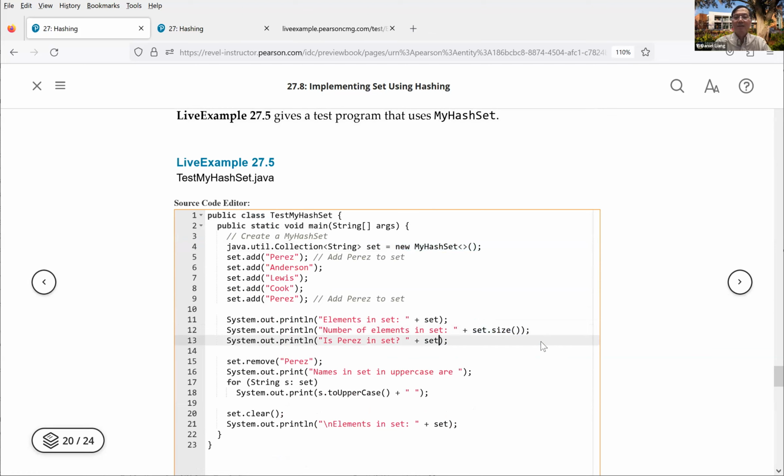So here the set dot contains. So contains what? Contains this string, pares here. You can remove pares, and so names in set in uppercase, so you're gonna do